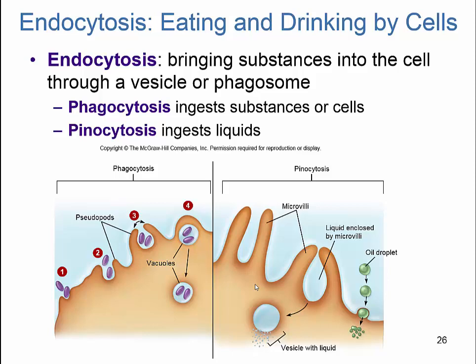So endocytosis is the process of bringing substances into a cell, and we end up putting those substances in vesicles or vacuoles. Phagocytosis is ingesting or consuming other substances or cells. There are pseudopods that form during the phagocytic pathway that will surround the external substance and allow us to bring that in and have it digested. In contrast, there is pinocytosis, and pinocytosis is the bringing in of a liquid enclosed in a distinct microvilli.